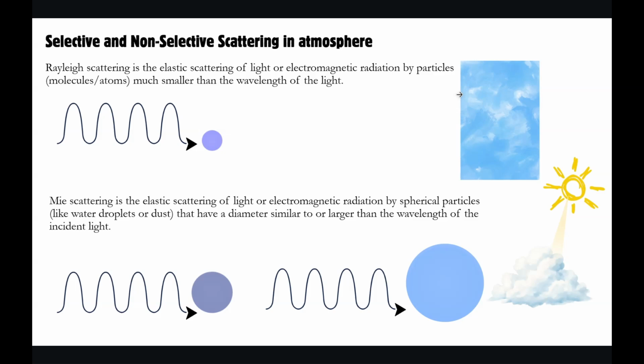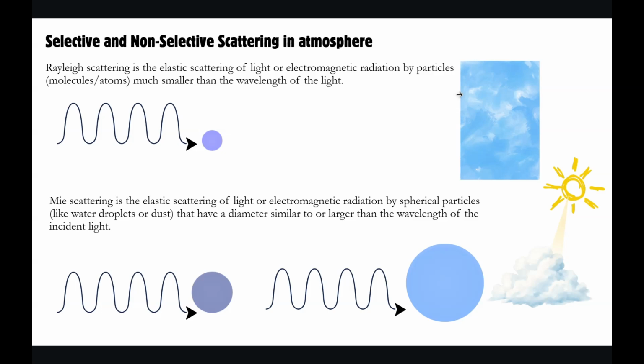Then we talked about two types of Mie scattering. One was selective kind and the other was non-selective one. In the selective Mie scattering, we saw that the wavelength of the radiation, the wavelength of the energy, was the same as that of the particle with which it was interacting. So that was leading to Mie scattering. The non-selective kind is wherein you have a large particle that is capable of scattering different types of radiations. So these were the three things that we saw.